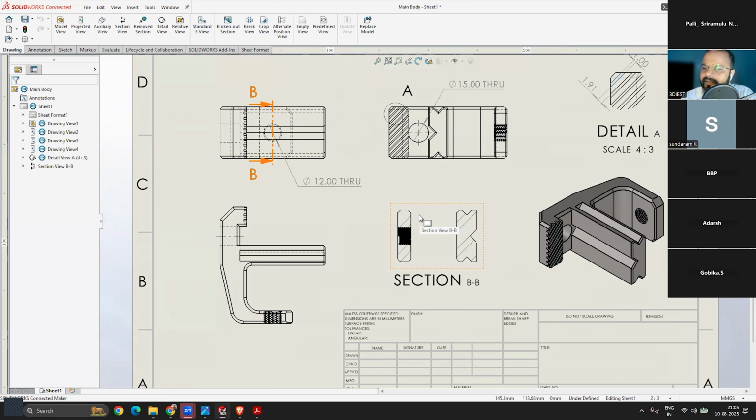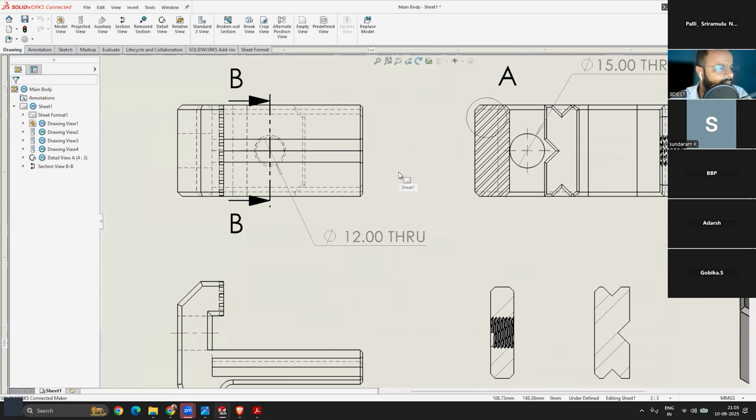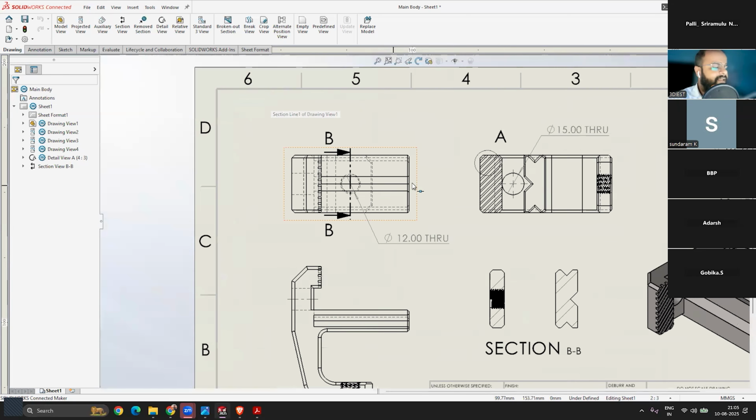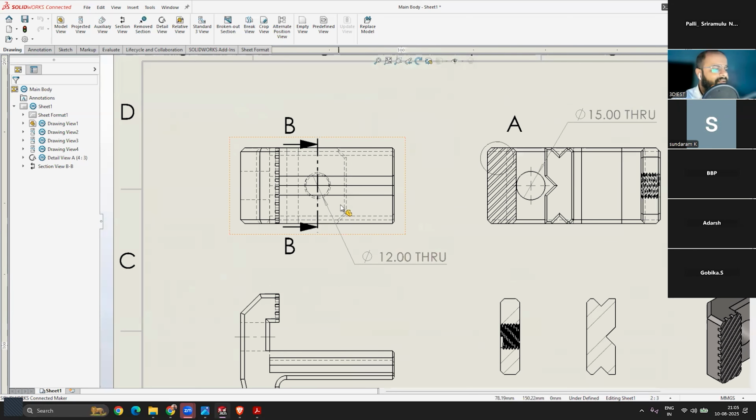Sir, done. Yes. Sir, section B, vertical, horizontal, with add section of B. Sorry, can you please ask again? Sir, section B, sir. Yes. This is for vertical. Yes. So see, what you can do...